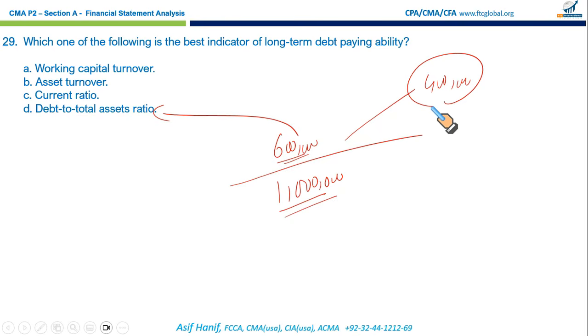So it shows you the proportion of the company's assets financed by debt, and that's the ratio that indicates a company's long-term debt paying ability. If you have more debt compared to the assets available, your debt paying ability is less. You are in trouble. Compare that with a situation where you have just a tiny $50,000 long-term debt and 1 million assets. That means the remaining $950,000 has come from your equity, so your long-term debt paying capability is good.